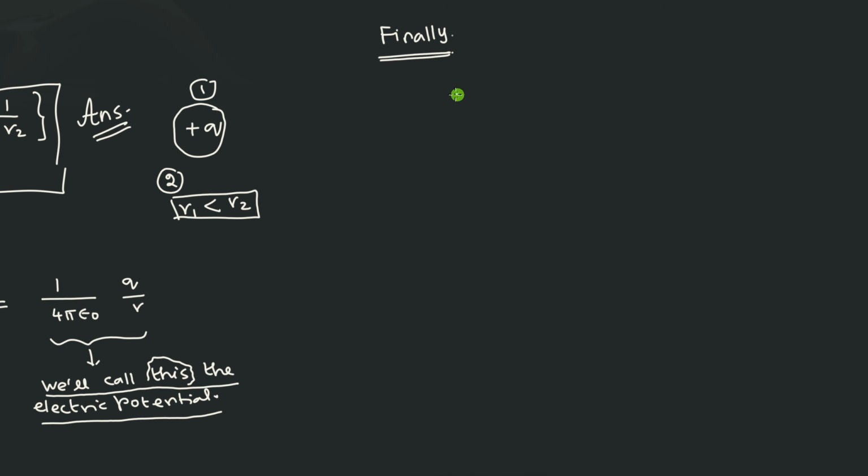So finally, what I have is the integral from r to infinity of E dot dl equal to 1 divided by 4 pi epsilon 0 into q by r. This is what I have ultimately. Once again, just to refresh your memory, q has to be a positive charge. This is the first condition you have to remember. R will be a smaller radius, so infinity will automatically be a larger radius. The only thing is that q should be positive. That is important. If you put a negative charge here, then a minus will come into the picture, and that will give you confusion.